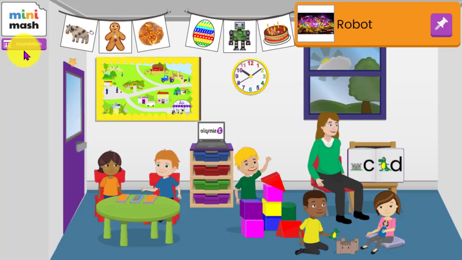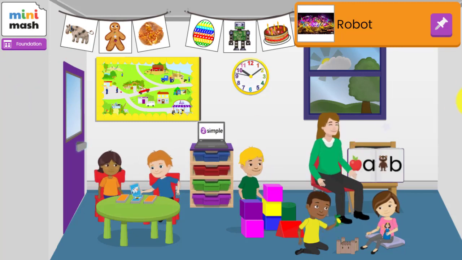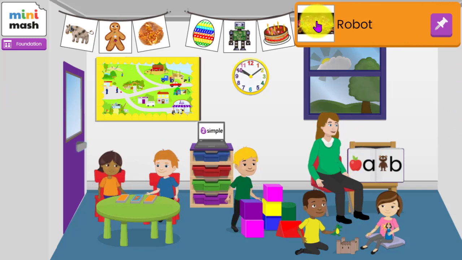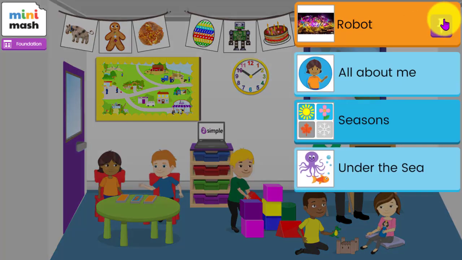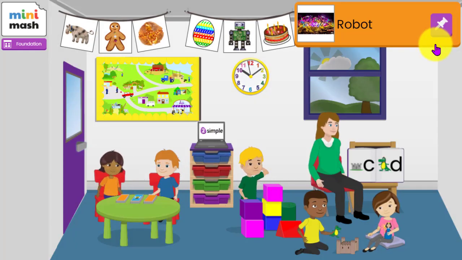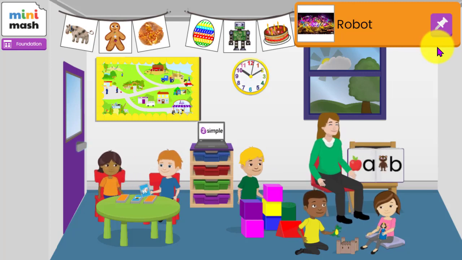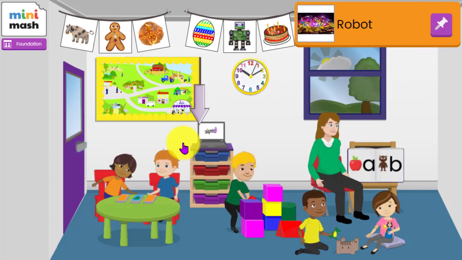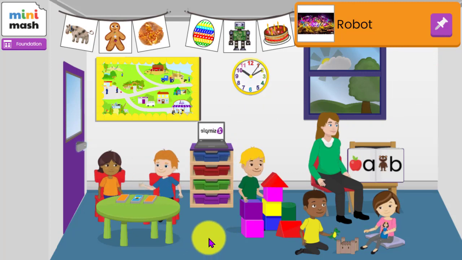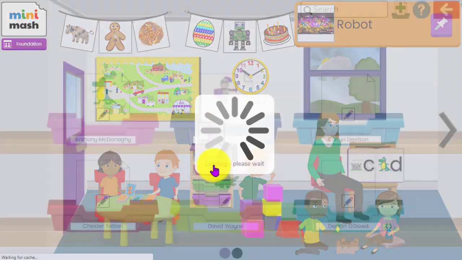Okay. So now I'm in my Foundation area. All the work within here will be my Foundation children. So I've got my pins set up. Here's one that I created separately. And I've also got some of the pre-made pins from within Minimash. And I'll show you how you can utilise these, either the pre-made ones or how you can create your own resources. Now, because I've asked the computer to create the trays for me, if I click on the trays,